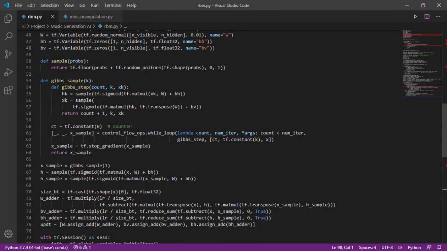When this function is called, we will be calculating the probability distribution based on the weight and bias vectors, and then we will propagate the visible layer's values to some sample hidden values in xk.